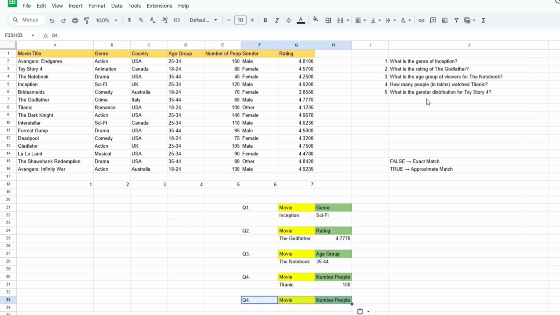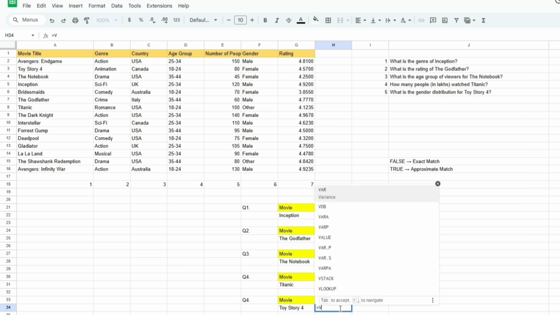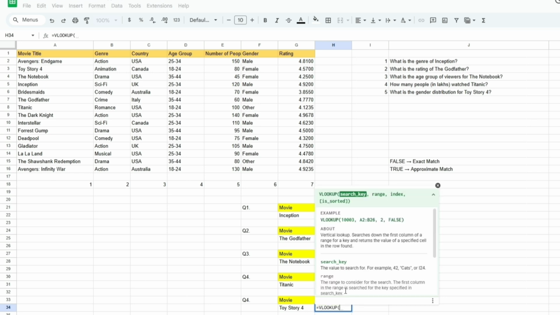Finally the last question, what is the gender distribution for Toy Story 4? For this our search key is the movie title Toy Story 4. Now we need to find the gender distribution for this movie. So under movie we will write the search key as Toy Story 4, and below gender we will use the VLOOKUP function as equals to VLOOKUP, and for search key we will click on the movie Toy Story 4, then